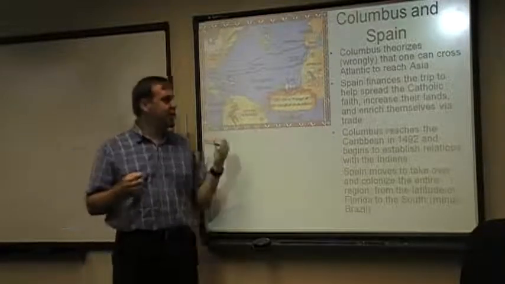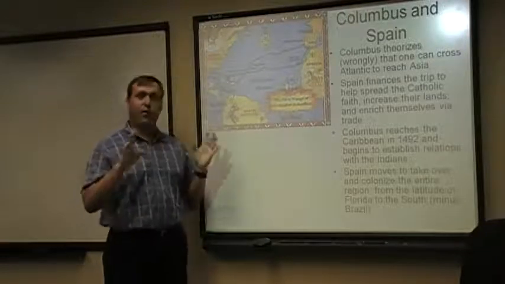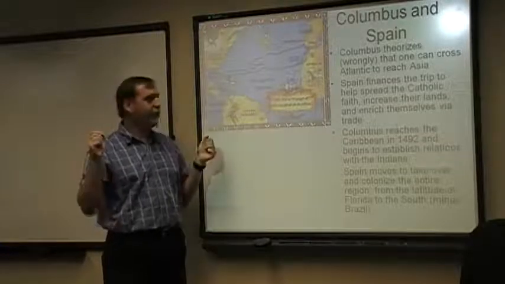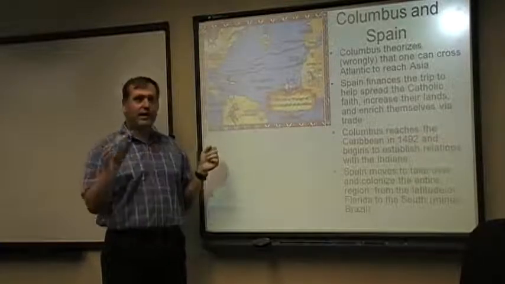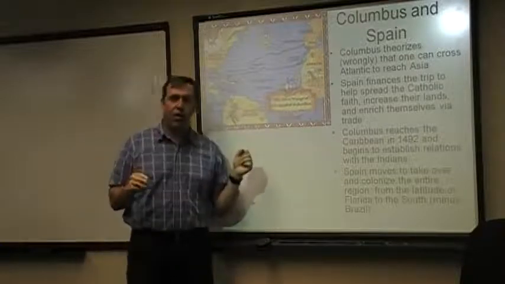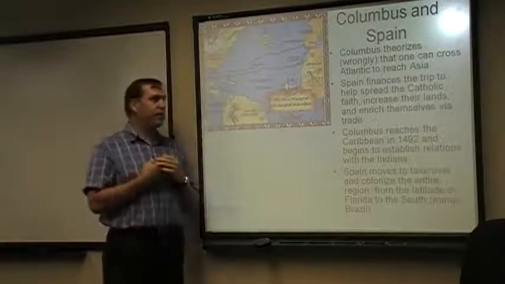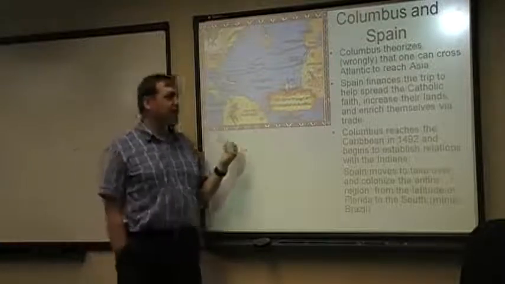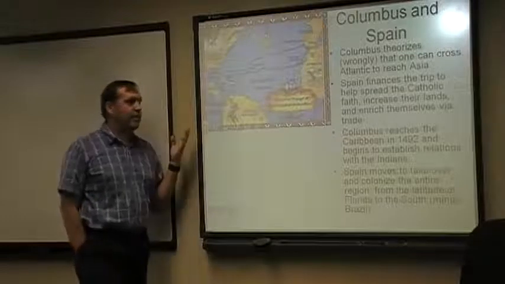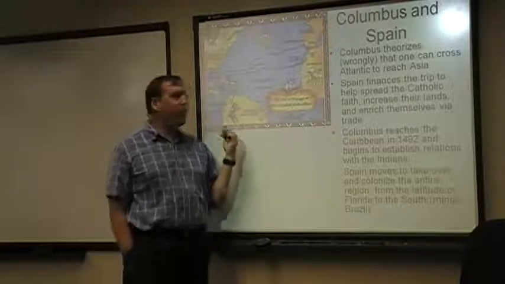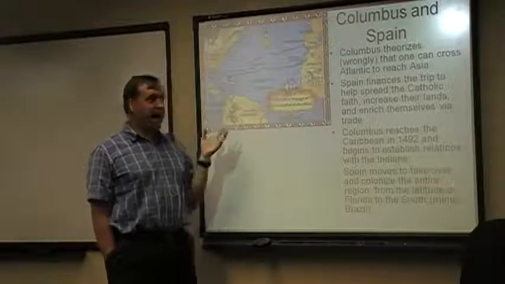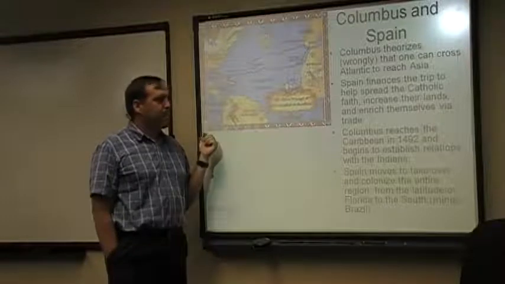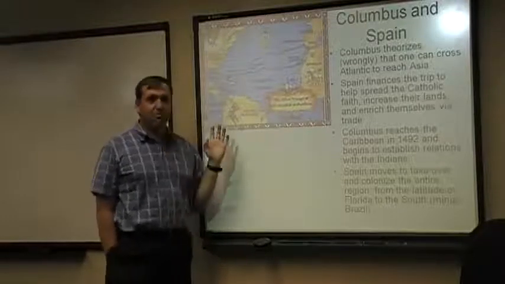Now, for those of you who paid attention in trigonometry, I'm not one of those people, but all you have to do is if you can measure a distance along an arc of a globe, right, and then you can calculate the curve of that arc, then you can get the entire length of the circle. And thus, you can get, for example, the equatorial distance across the Earth. And people have been trying to do this for centuries. In fact, one of the Ptolemaic scientists in the 2nd century had come up with his calculation, which was within about 2% of what you will find if you go around the Earth today. And a lot of people had done this calculation, and generally, most of them were right.